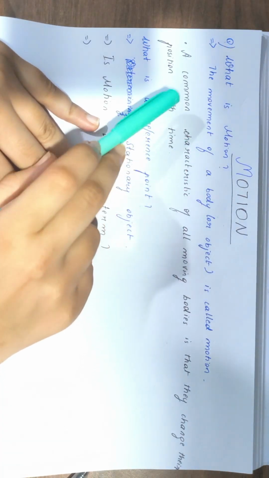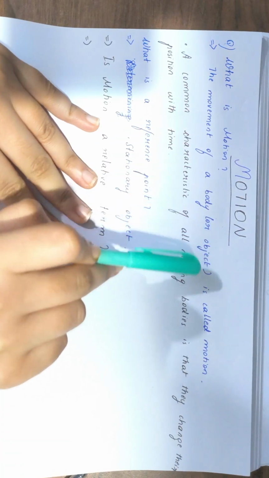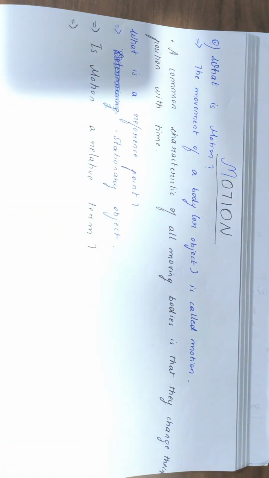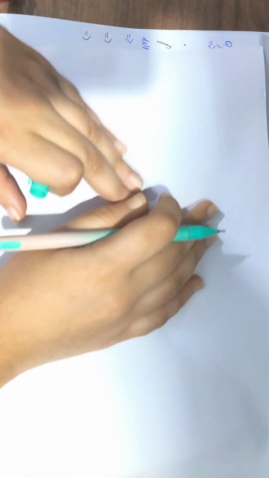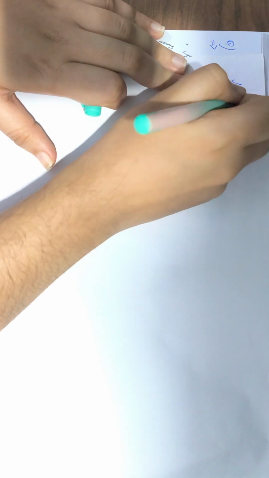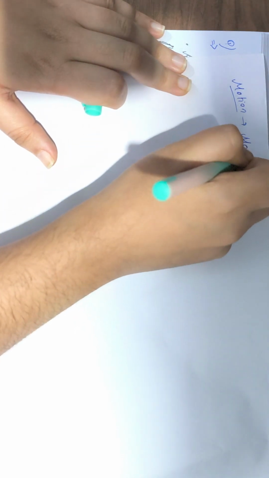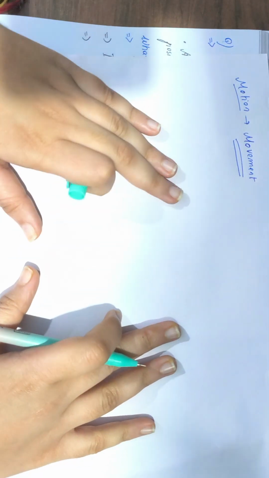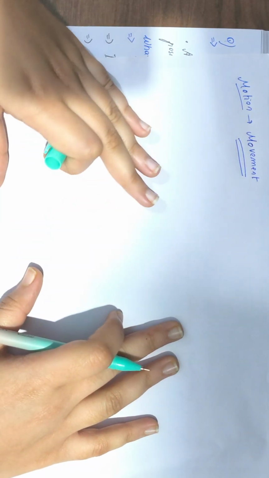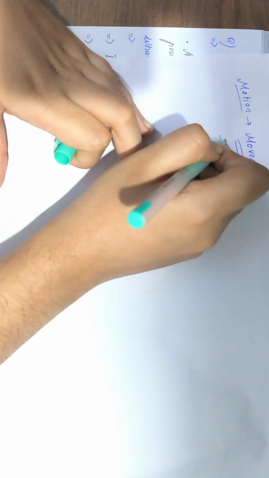See here, the movement of a body or object is called motion. This is a basic definition. What do you mean by motion? Motion is basically movement. Movement is nothing but motion. This is a basic concept. Movement is motion, right? So, movement means if a person is walking,